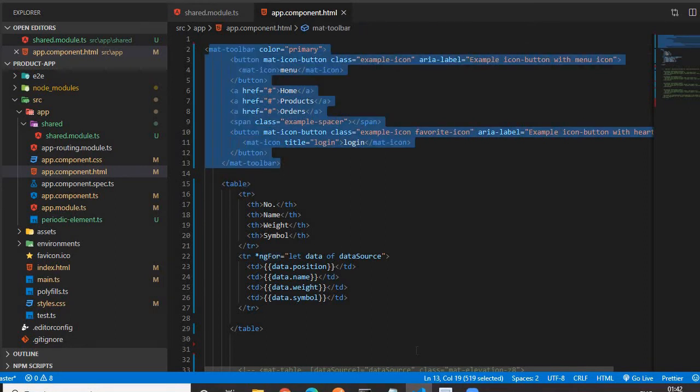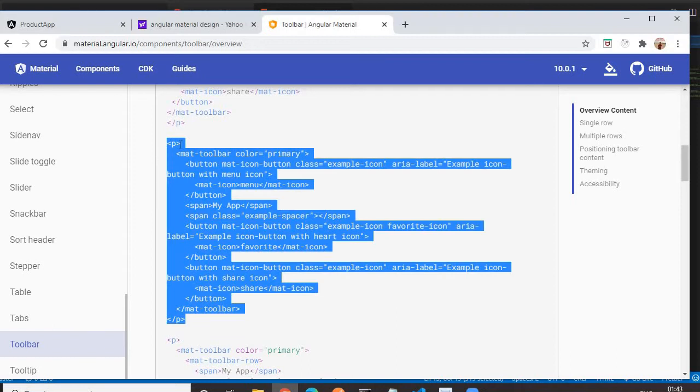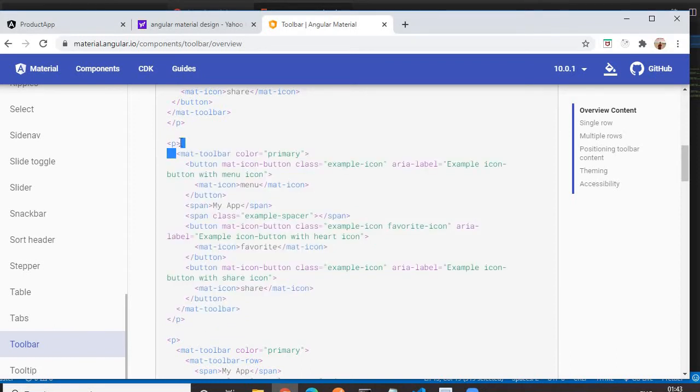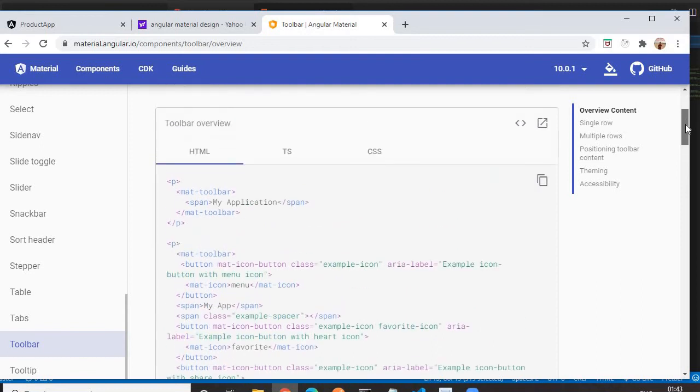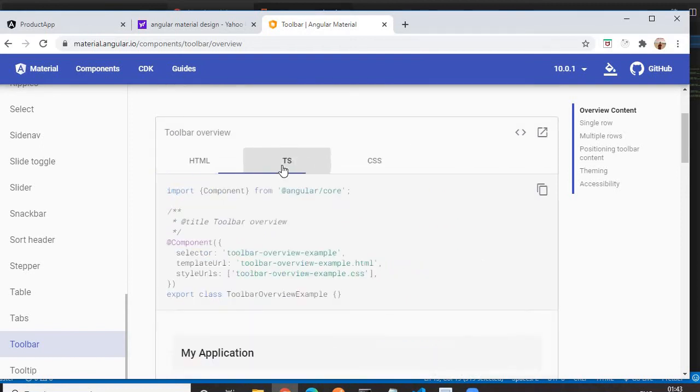Some changes I have made. What changes? I just removed this P element, because a paragraph is not needed in a navigation bar. Then I visited the TS file. In the TS file, there is nothing within the curly braces of the class, so there is no need to do anything there.